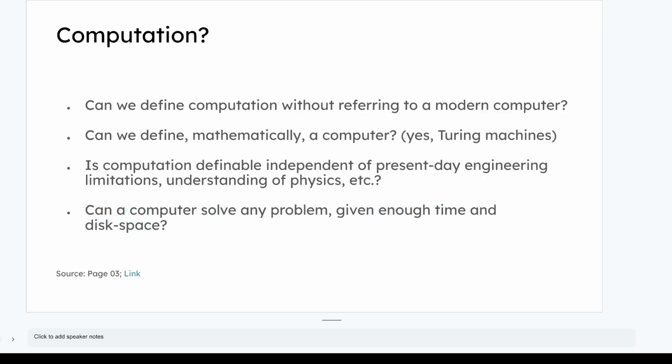And for all of this, we can establish an answer. For example, let's say I utter a statement, God exists. Now there is a class of people who will say the answer is no. Some will say yes, and some will say we do not know the answer. If I say yes, I cannot prove it. If I say no, I cannot prove it. Hence, I choose to answer that I am not aware whether God exists or not. Right. Now these questions, we will try to explore the answers to in this course